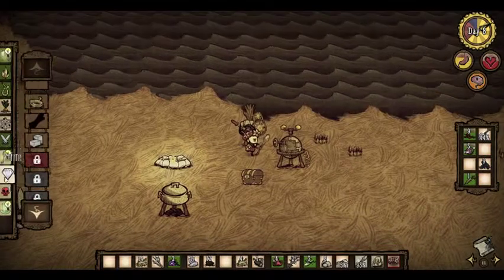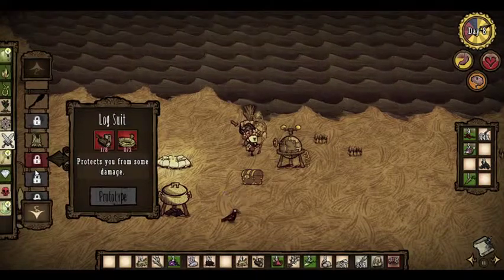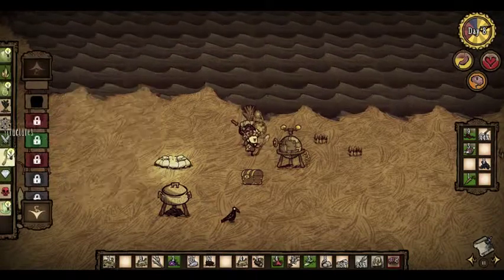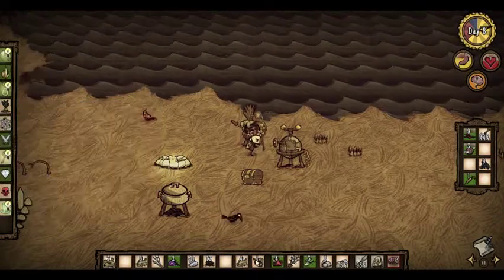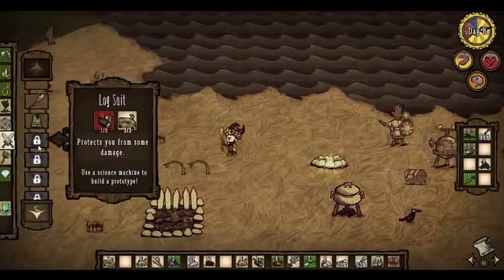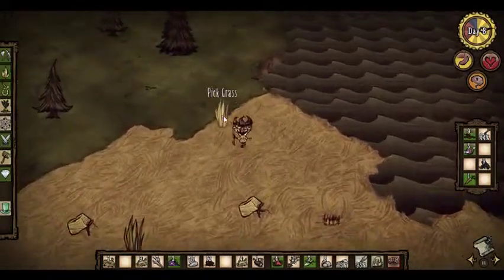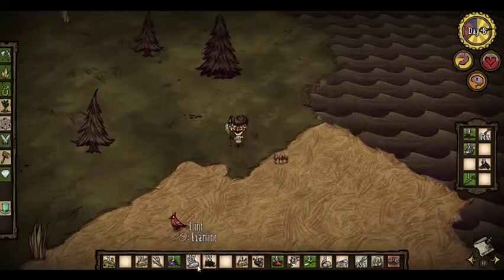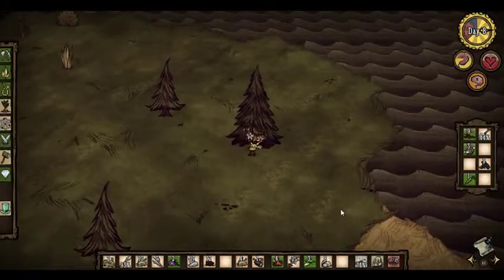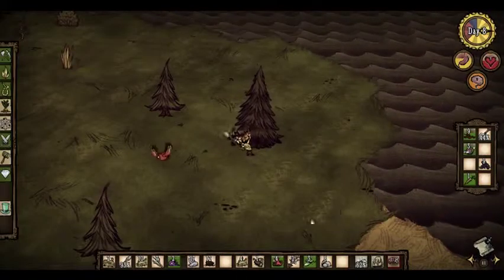So I'm just going to double check what we need for it. I don't want that. I think the log suit is so much more useful, and we already have like half of it anyway, so let's just go for it. Yep, I think that's fine. So then we just need to go and get some logs. We just need 7 more and then we can have a suit of armor. So that's the first thing we're going to do. And then after that we do still need to find a sustainable source of rocks because we have not done that yet, and it's all very...